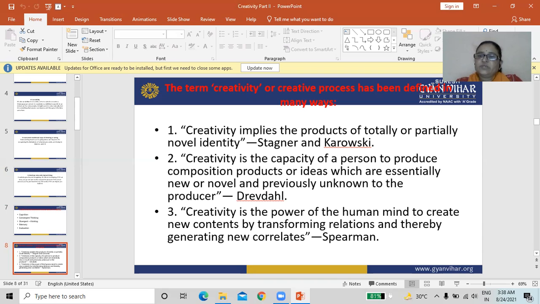Next definition we will discuss in our lecture is Spearman's. Creativity is the power of the human mind to create new content by transforming relations and thereby generating new correlates.